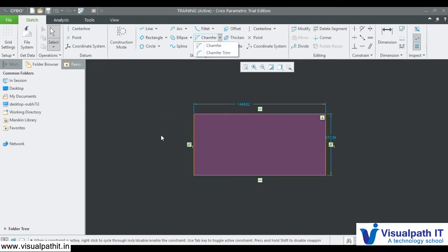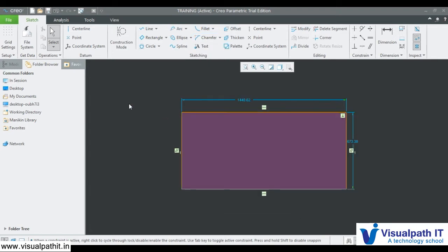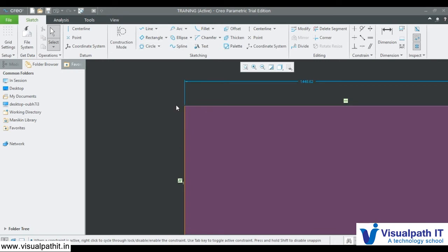Next is chamfer. There are different options in giving a chamfer. If you have attended the workshops in engineering, the foundry workshop and the machining workshop, carpentry and welding, then you will be knowing about a fillet, where they will drop this fillet to have this edging. If you remember in welding, they will have an edge here and they will pour this thing. So similarly we can have this fillet to create a cross section and avoid this edge, depending upon the requirement that we have in the design.